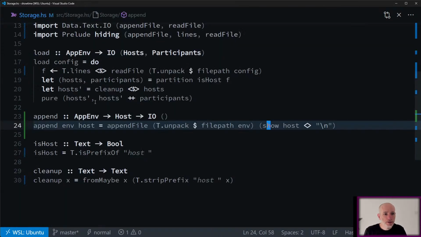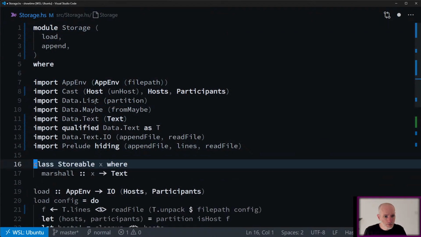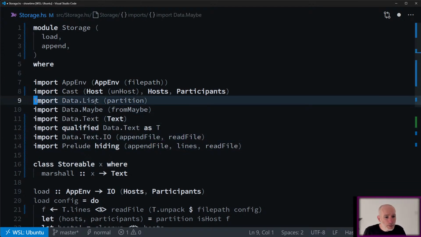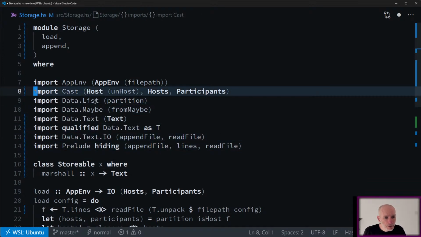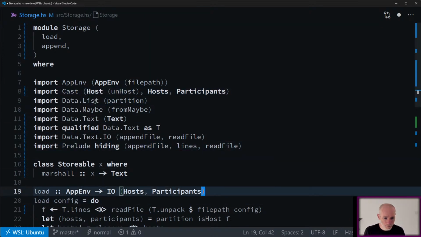So in storage, we should be able to get rid of. Oh, no, I am going to have a circular dependency until I get rid of the loading returning hosts and participants.